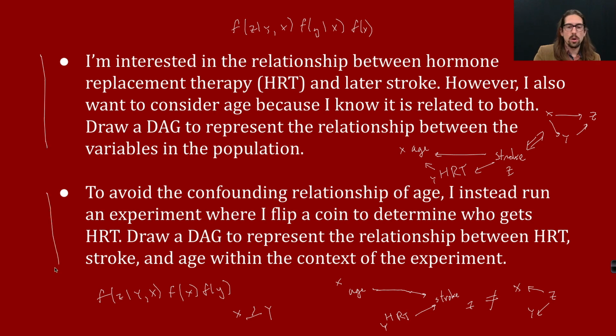And this situation here, where you actually have additional information because you intervene by flipping a coin to assign HRT, that tells you that for sure HRT is marginally independent of everything else that was existing at that time, like age, which tells you that this joint distribution, you can narrow things down a lot more, right? Because here you can't really tell the difference between this situation and this situation, whereas here these two things are different. So being in a randomized experiment, basically you're narrowing down the set of possible probability distributions between the variables,